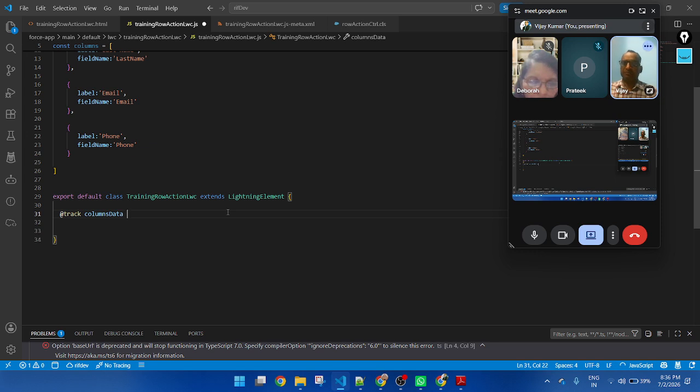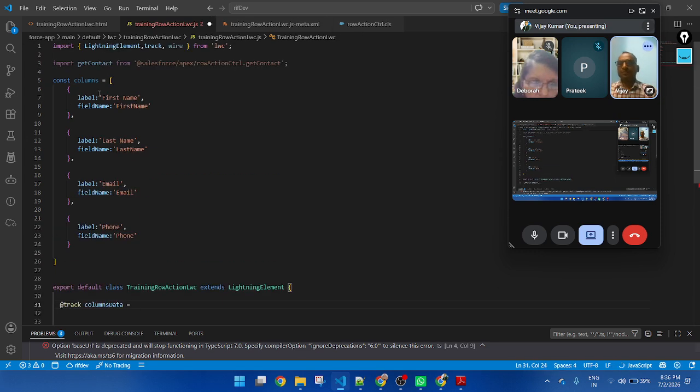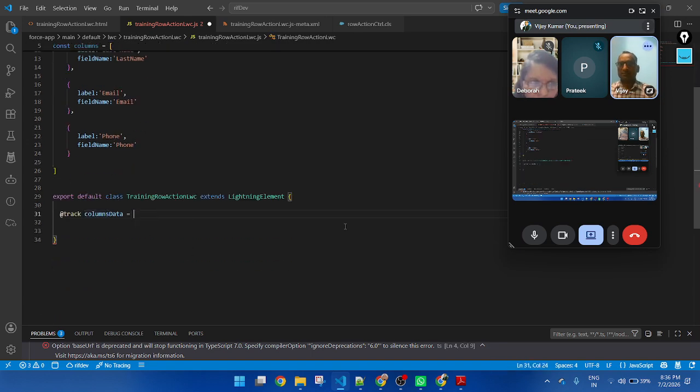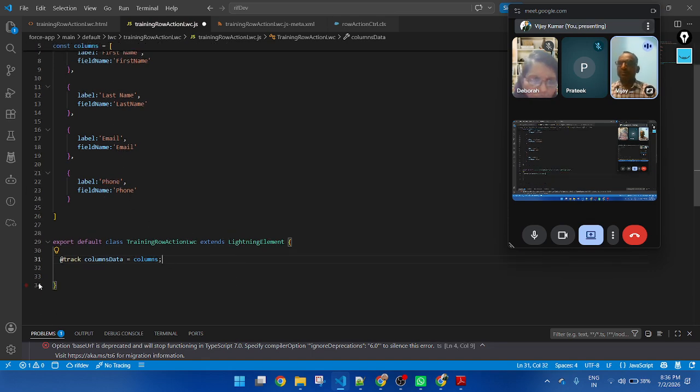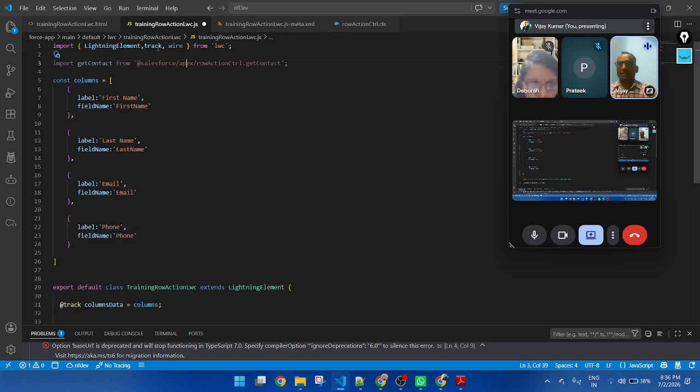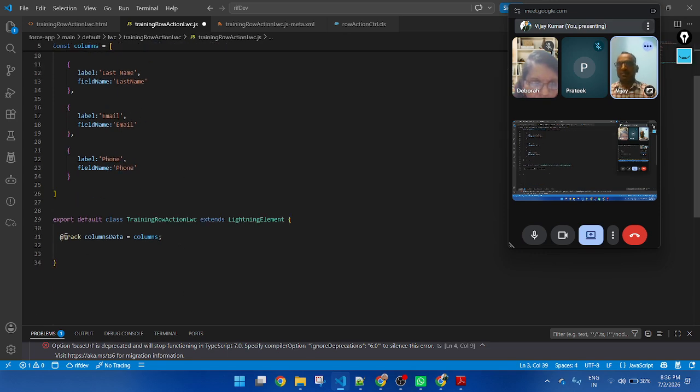Nothing as per your desire. Equal to this variable I am assigning here. So this track variable stores the data that I am creating. And if you are creating a track variable, don't forget to apply the decorator here, otherwise it will display an error. This is a decorator variable.